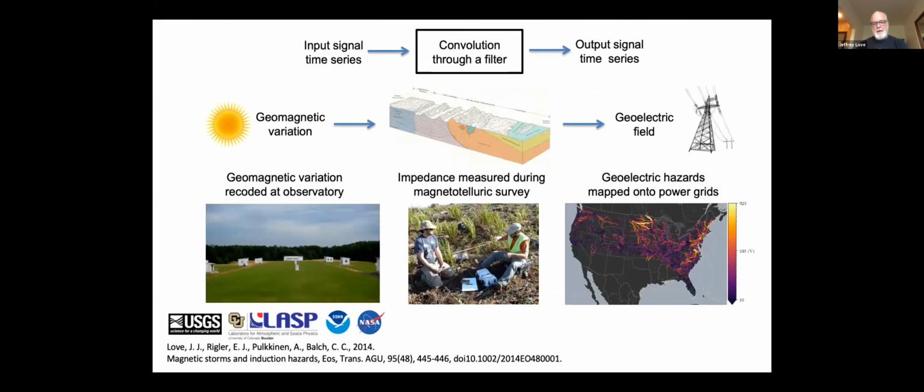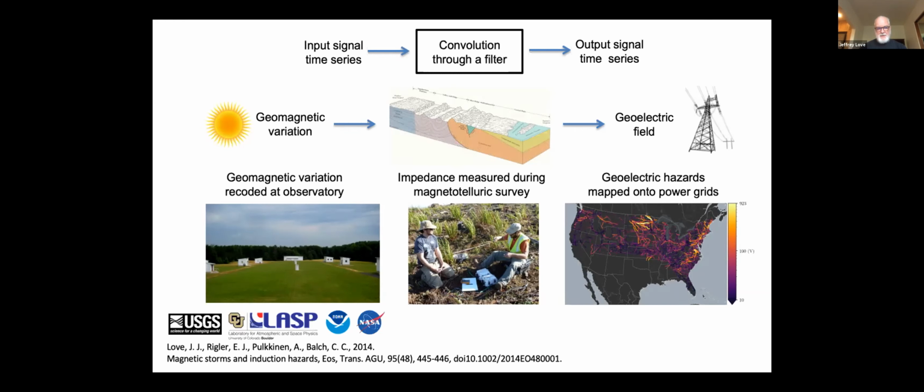All right, so we want to analyze the data that we have. We have magnetic observatory data, we have magnetotelluric tensor data, and we use those to estimate geoelectric fields, because it's that geophysical quantity, the geoelectric field, that's most interesting to the power grid industry. And the process that we're adopting here is actually quite straightforward, and I'm sure the folks in this community understand this in a very straightforward way.